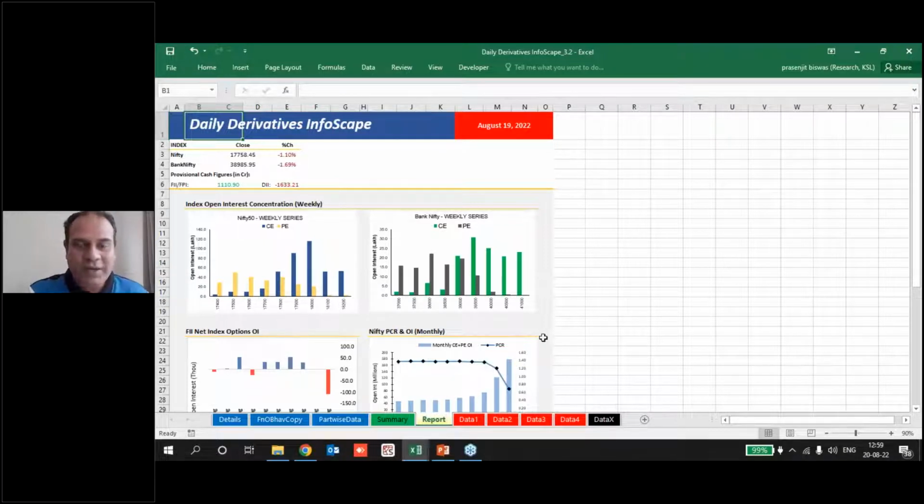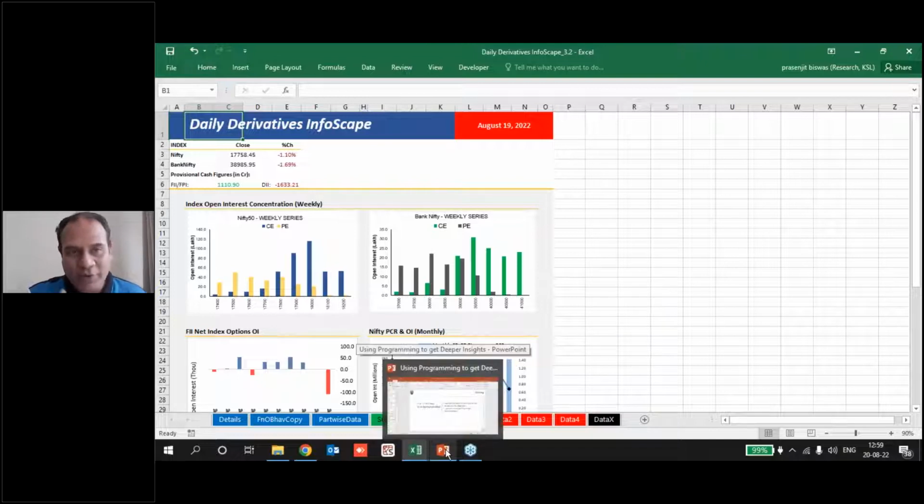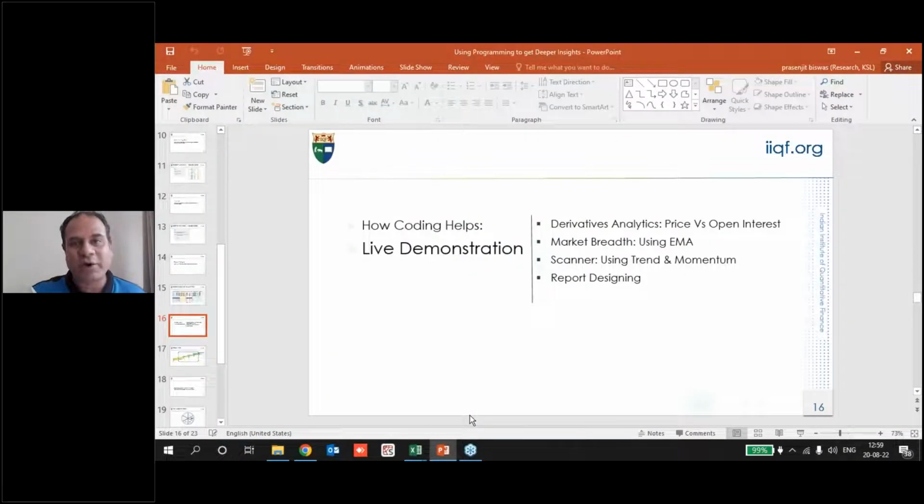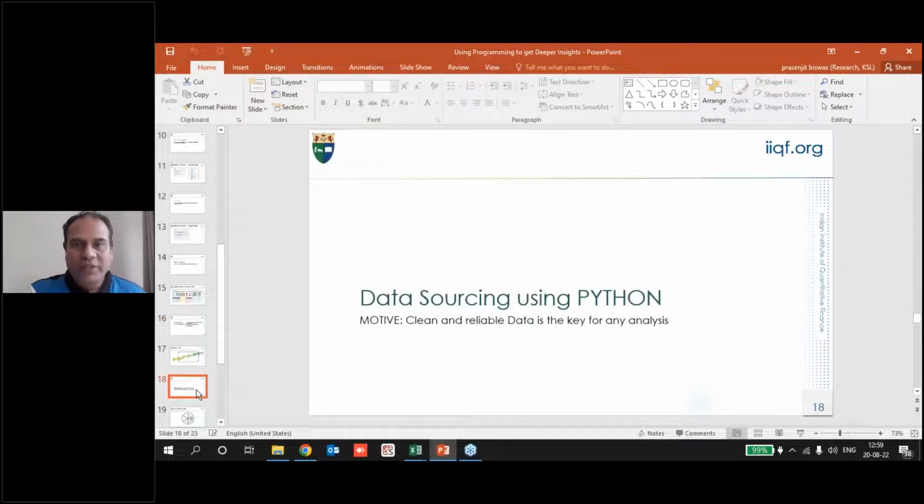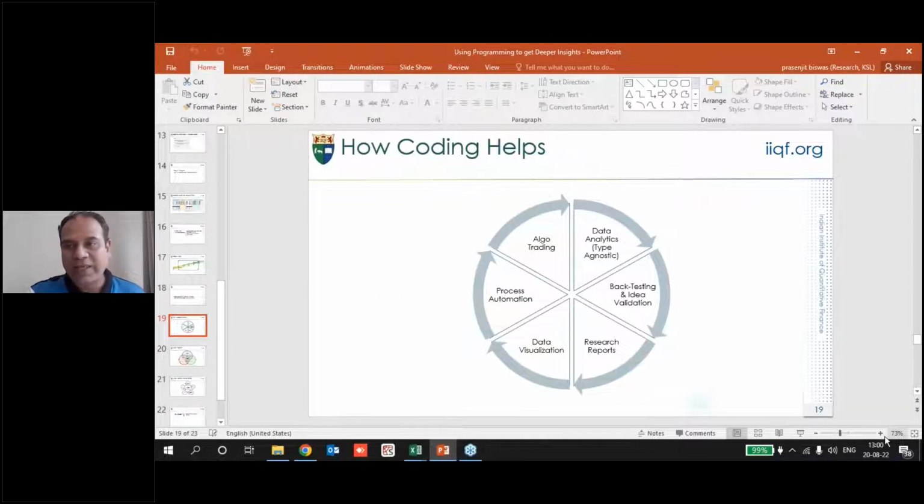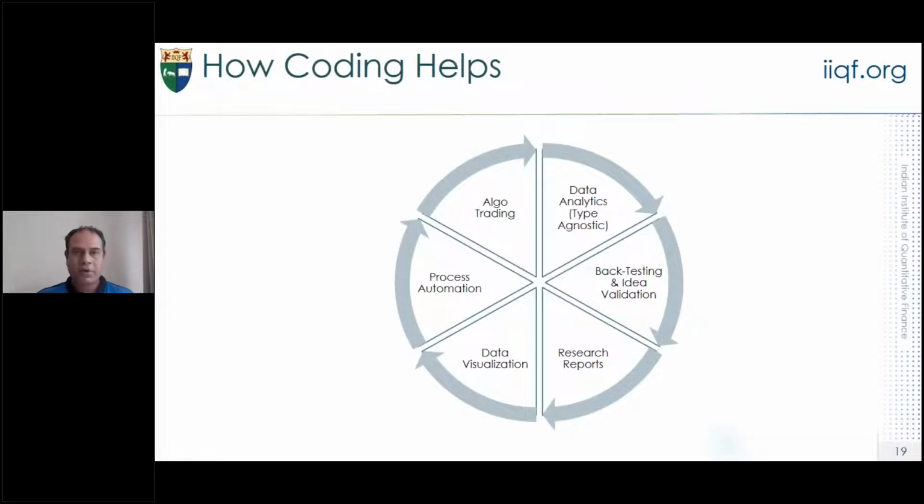So this is what I just wanted to demonstrate in terms of how you can use coding for building reports. Now with this, let's move on to how coding can help. Just to give you a summary, I'm on full screen meet mode. Okay, so basically, if you look at the advantages of coding, so first would be like, you create different type